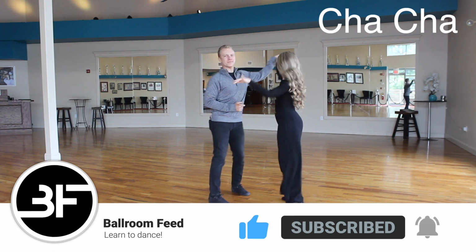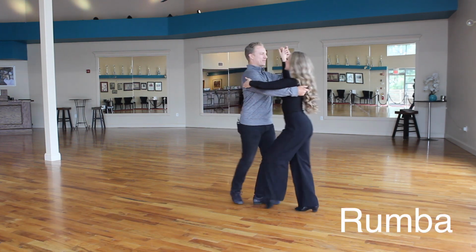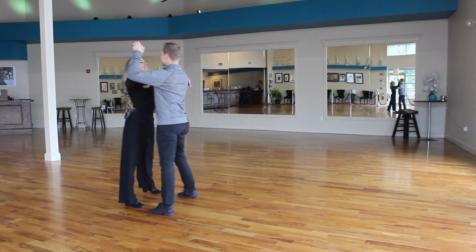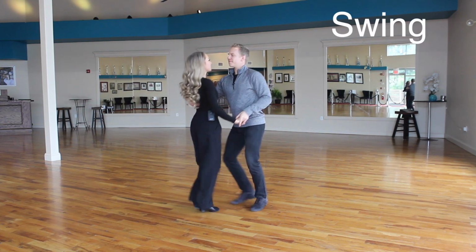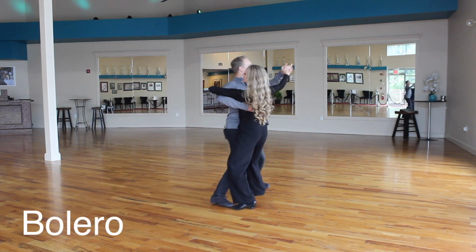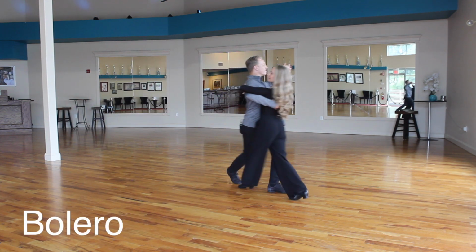There are 5 dances in the style, including cha-cha, rumba, swing, bolero, and mambo. Cha-cha, rumba, and swing are the more beginner of the 5 dances, but all 5 encompass the style of American rhythm. It's different than the international Latin styles. Even though cha-cha and rumba are in both styles, the patterns are different, the technique